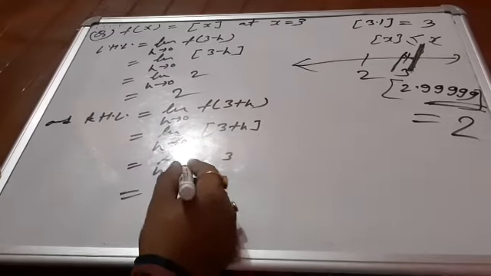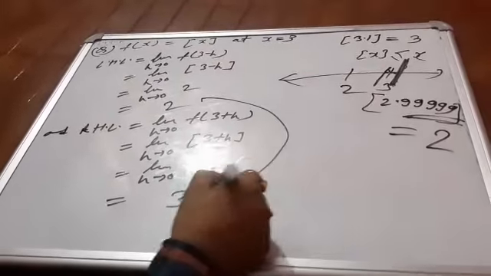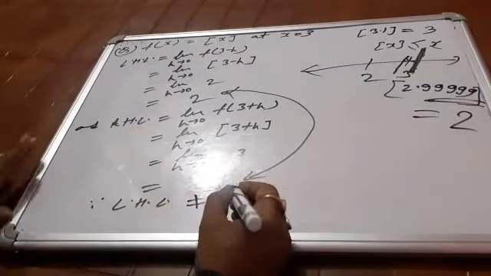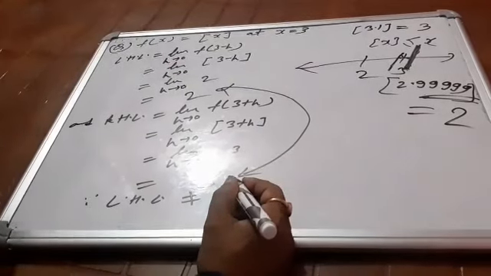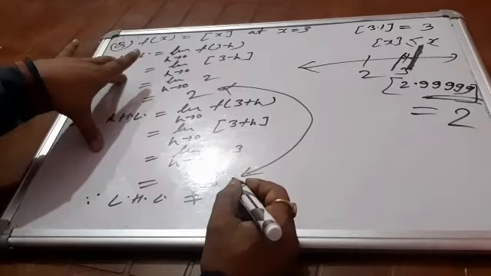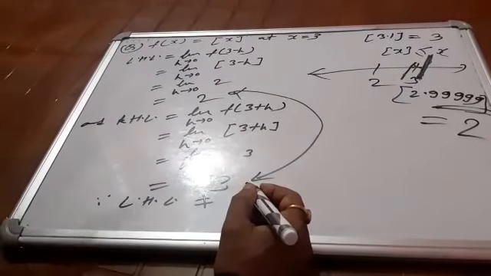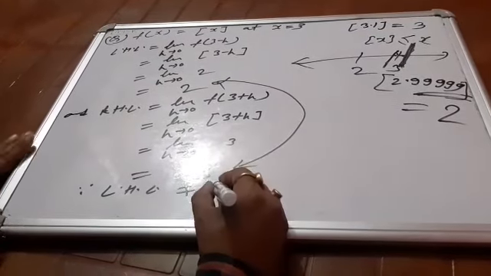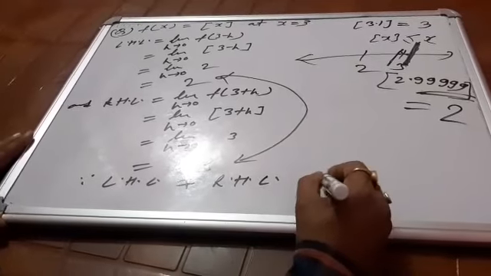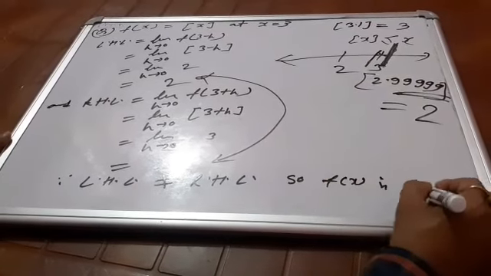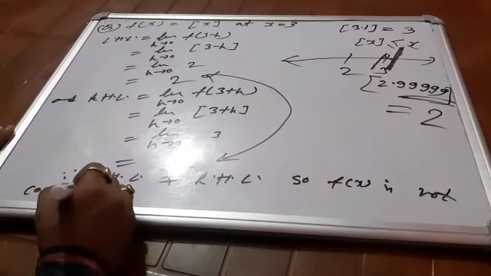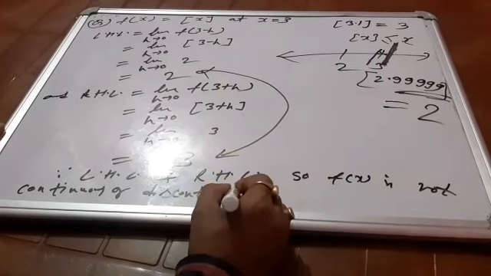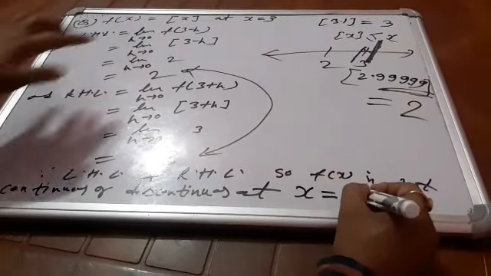No effect comes of this limit here. Have you seen? Both are equal. Since LHL, no need to find out the value of the function, because these two will be equal. Then only will the third be equal or not equal. If these two are not equal, then no need to find out the third for the continuity. LHL is not equal to RHL, so f(x) is not continuous, or it's better to say discontinuous at x equal to 3.